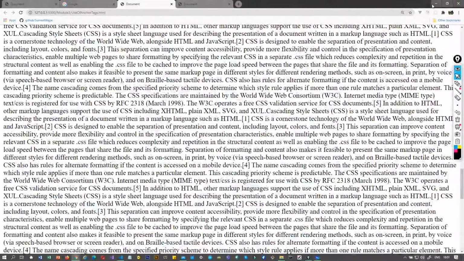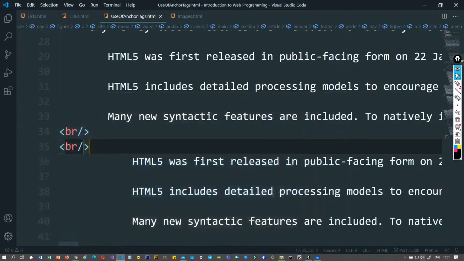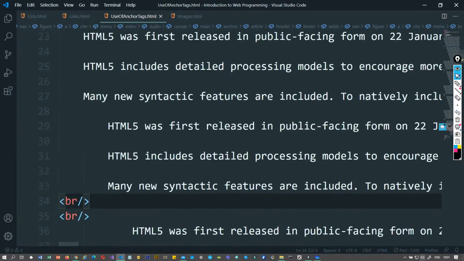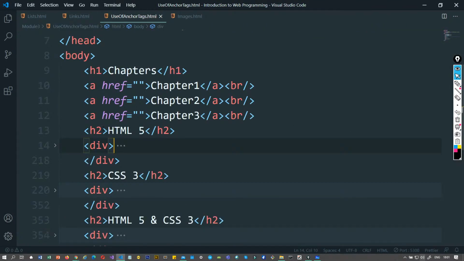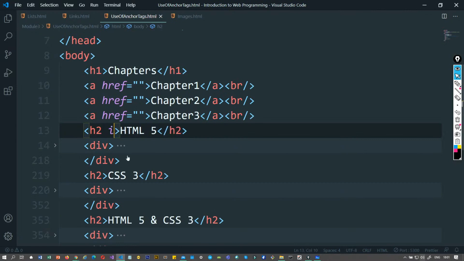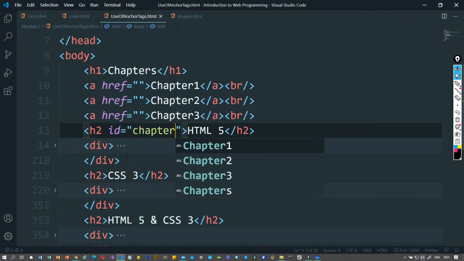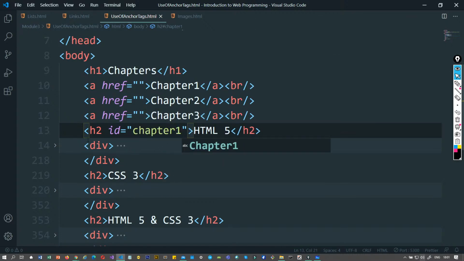So let's do that. Now how do you do it? By using the href. Now these div tags that we have mentioned, they all can have an ID. Now what is an ID? ID is a unique identifier of a particular element in the UI. So we say let the ID be chapter 1, because this h2 as a heading is referring to HTML5 as chapter 1. On the same lines, I'm going to have different IDs